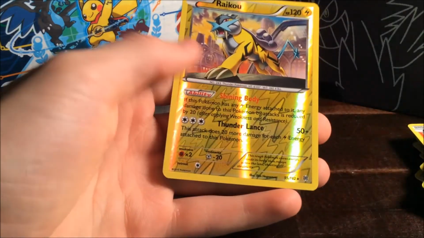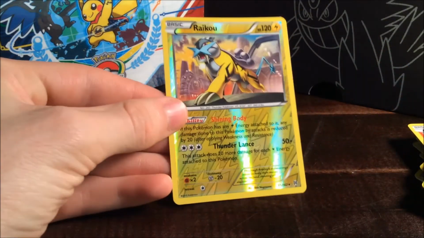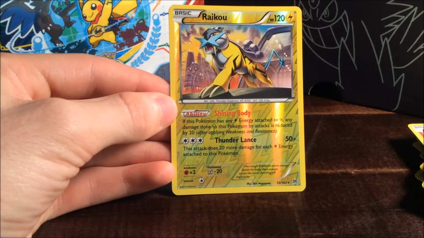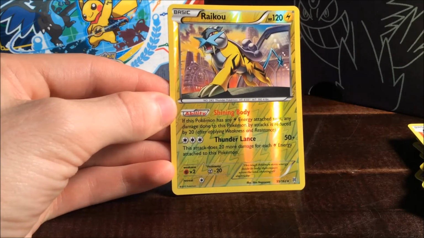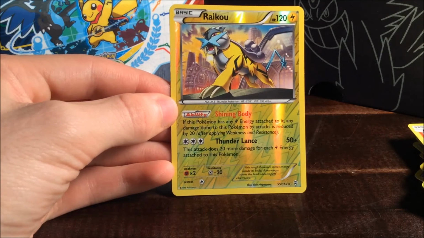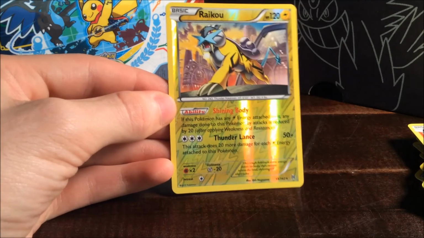And the last one, which was really the useful card that I tried to use for the tournament but rarely ever got out. The Raikou, which takes 20 damage less if you have an electric energy on it. And the Thunderlance doing 50 plus 20 for each electric energy you put on top of that. So that's pretty cool, and it ramps up really fast. So that's the Pokemon